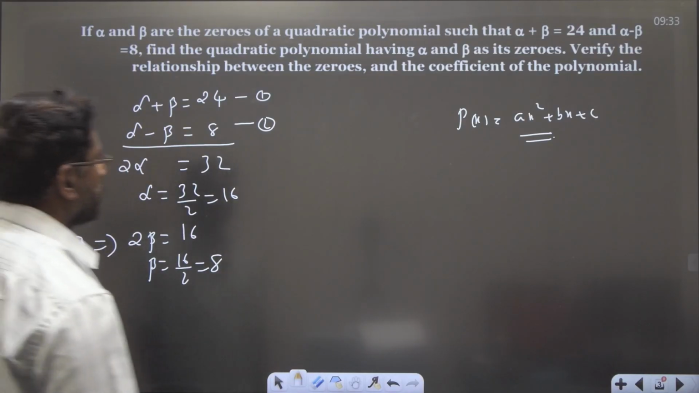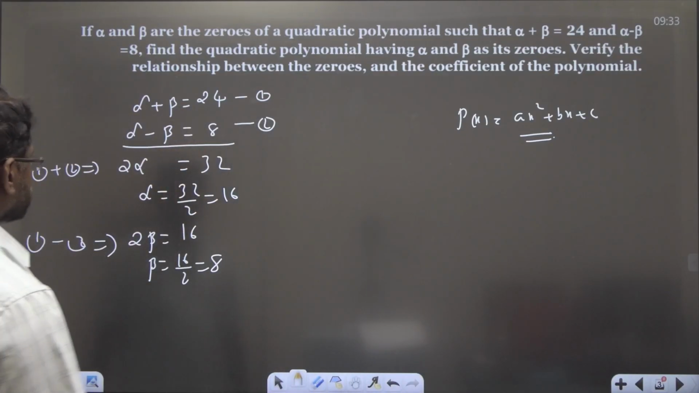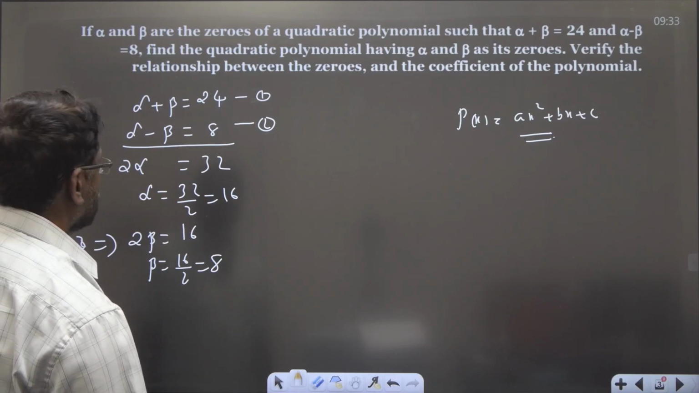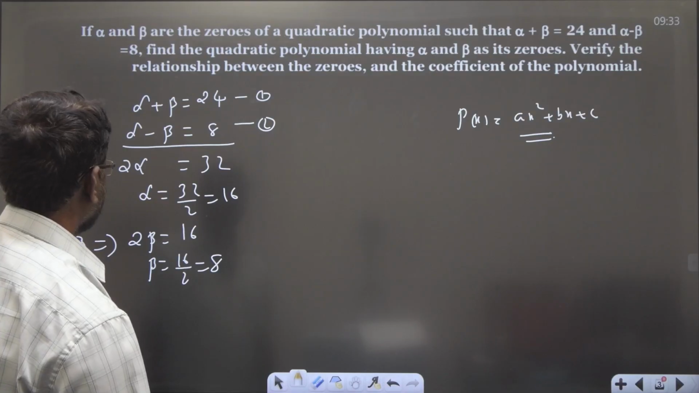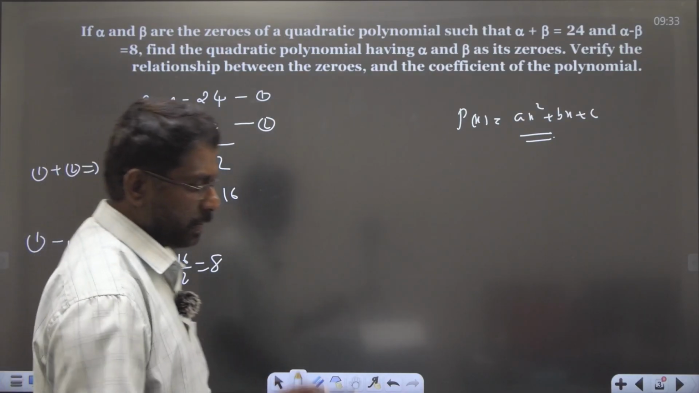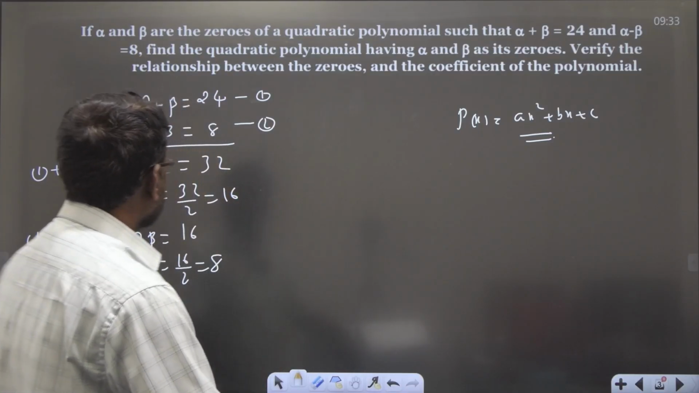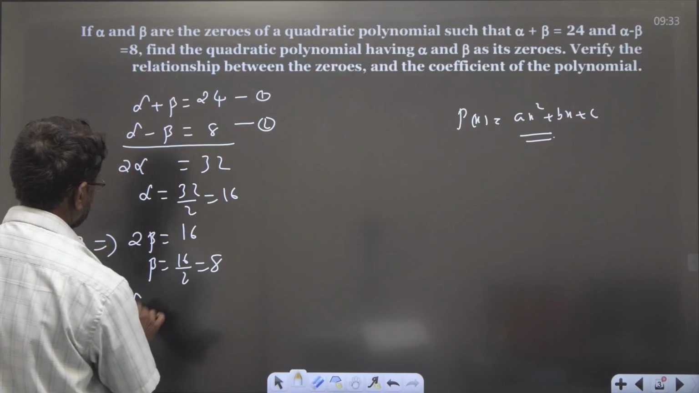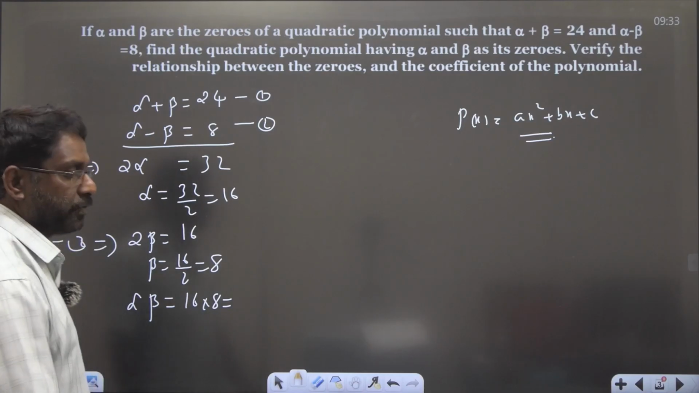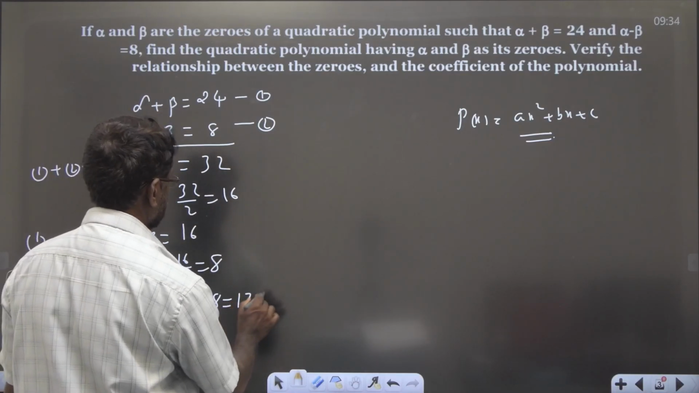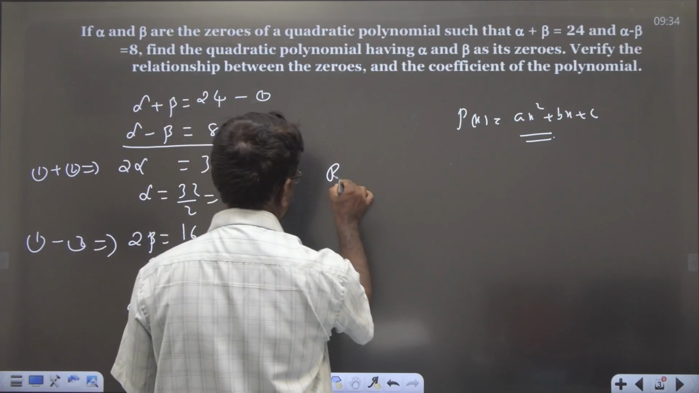Then what will be the polynomial? Alpha is equal to 16, beta is equal to 8. Then what is alpha beta? Alpha beta is equal to 16 into 8, that is 128. 16 into 8 is 128. Required polynomial is